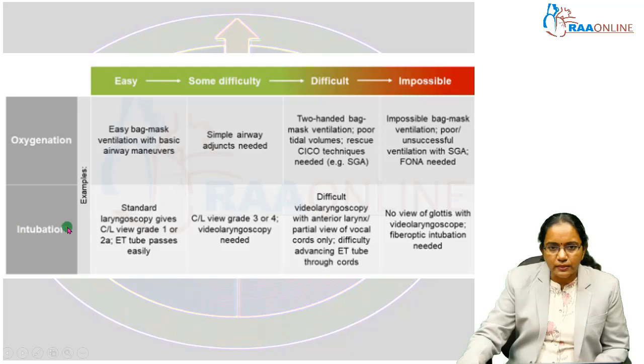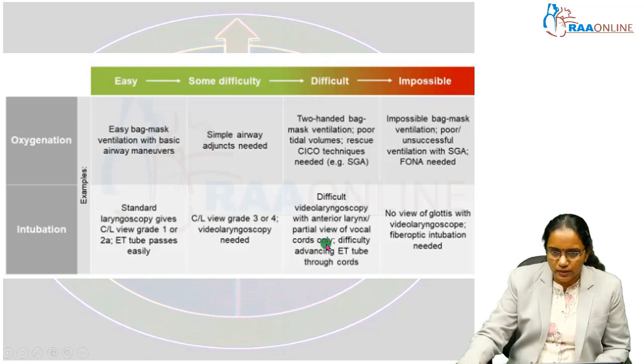And intubation becomes easy when a standard laryngoscope is used and it gives a Cormack-Lehane grading of 1 or 2 and the ET tube passes easily. Then if the view is between 3 and 4 or a video laryngoscope is needed, then we call it a difficult airway. And it becomes a difficult airway when with video laryngoscopy there is an anteriorly placed larynx and